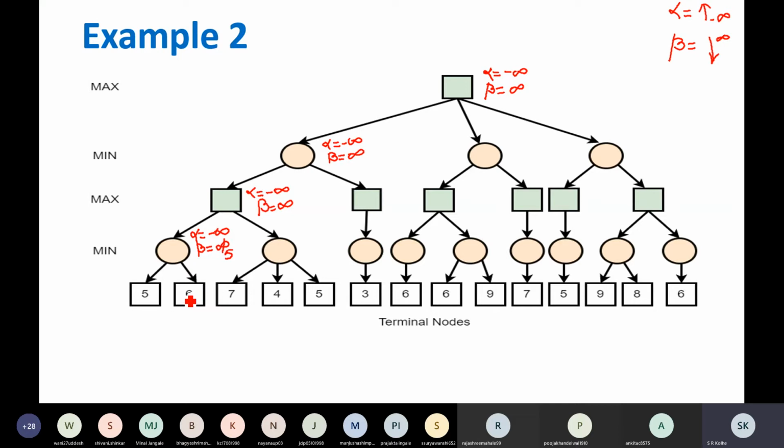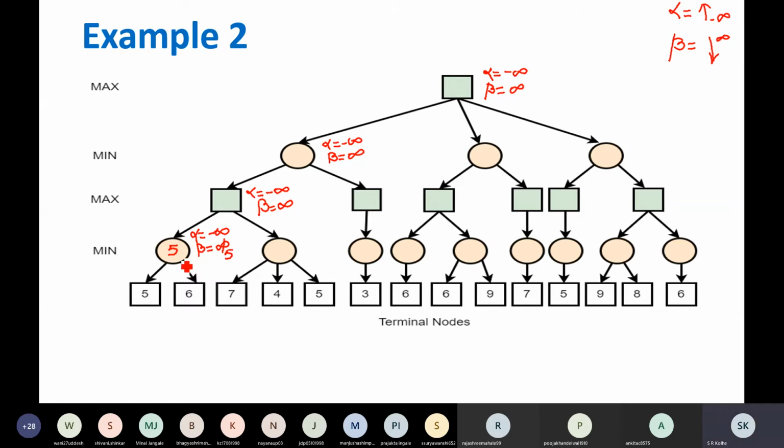Value is 6. It's a minimizer node. It is getting 6. Is 6 better than 5? Beta will always decrease? No, sir. So beta will remain 5. Value of this node will be 5.